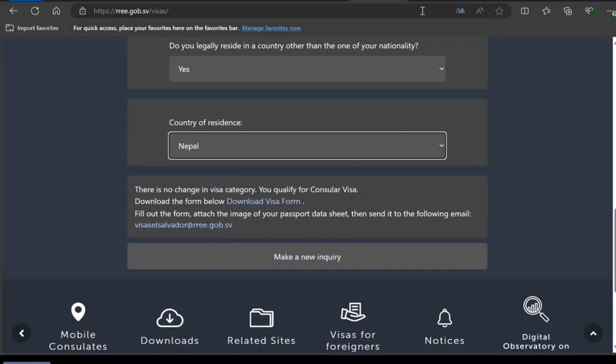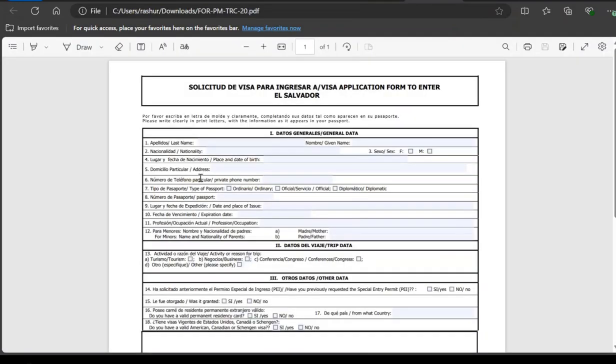All right. Now this form, if you open it, it's in English and Spanish. So you have English here. So nothing to worry. Last name, given name, nationality. It's an interactive form. Place and date of birth. Make sure it matches your passport. Address, phone number, type of passport, number of passport, date and place of issue, expiration, occupation, name and nationality of parents, mother, father, trip data, why you are going there,